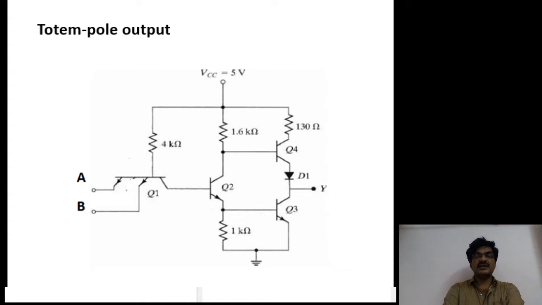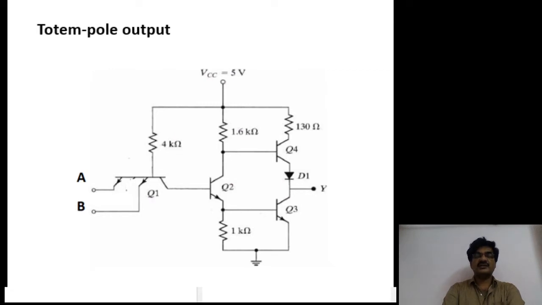Logic 1 is considered when the transistor is in off state, that is, when it operates in the cutoff region. So we are using two regions of operation: cutoff for the off state, and saturation region for the on state. The transistor takes more time to come from on state to off state, that is, from saturation region to cutoff region. Because of that high storage time, the propagation delay is large.